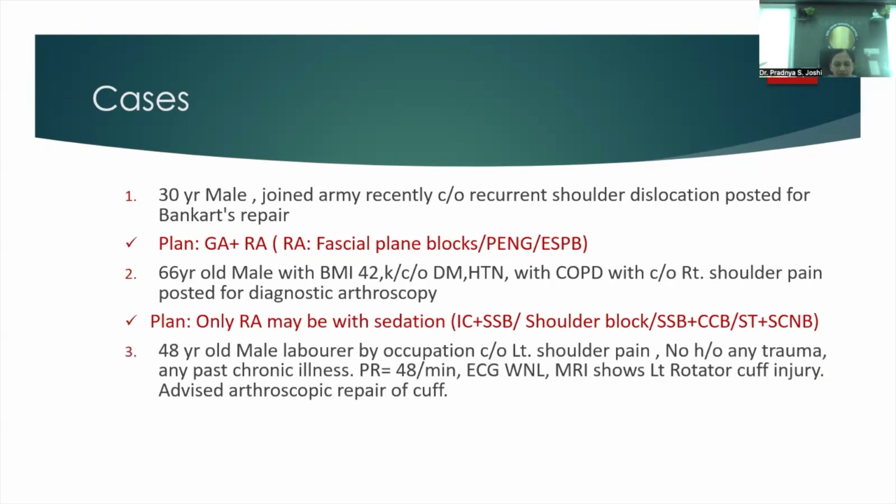This is the third patient, a 48-year-old male, laborer by occupation, having left shoulder pain, and there is no history of chronic illnesses. But his pulse rate is 48 per minute. Though the ECG is within normal limits, how to consider the anesthesia when he is presented for the rotator cuff repair? The plan may be general anesthesia with regional anesthesia, where the regional anesthesia should not be ISB